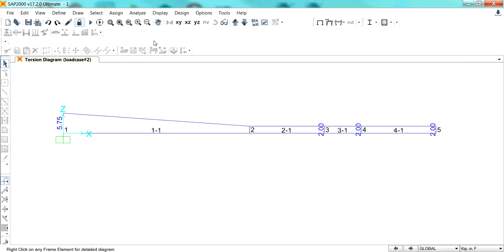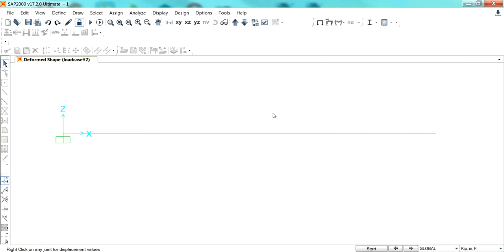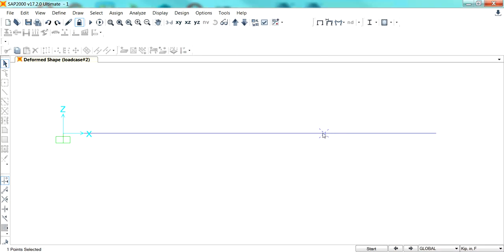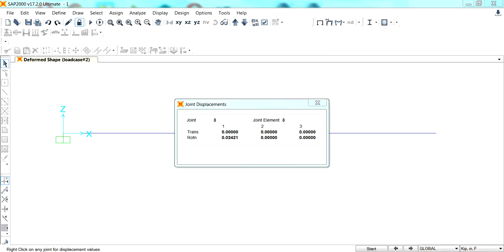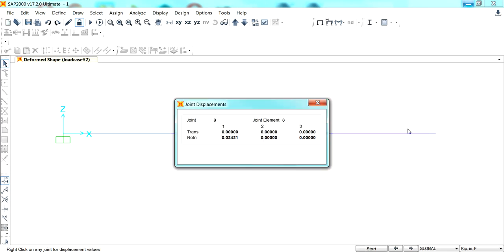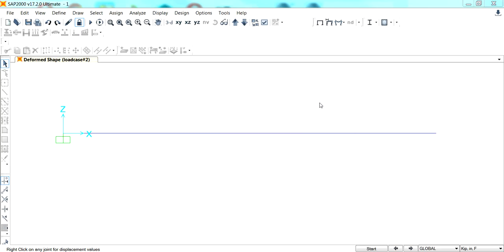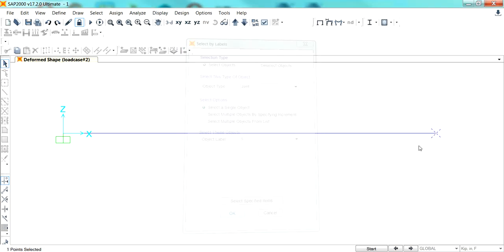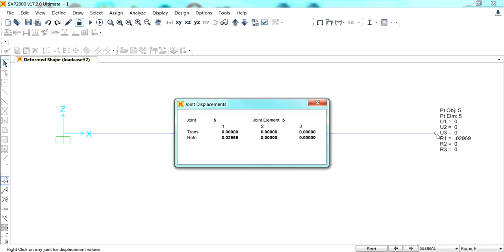And then for joint 3, we select this deformed shape, and then Control B, joint, and we are asked to find the rotation of joint 3. We right click this one, and then 0.2421. So we get the answer correctly, and then Control B again, and then we select the joint, and then we right click, and then